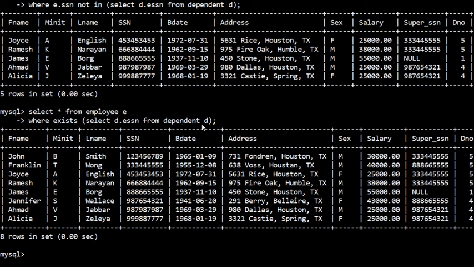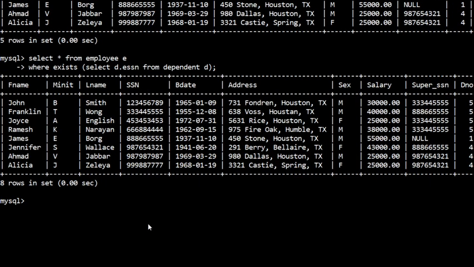So this function will return true for all 8 tuples, because we are just selecting the employee SSN from dependent D, right? From the dependent table I'm just selecting the employee SSN. So every time I'm just fetching the information, I am not checking any condition. Simply I am fetching employee SSN. So it will be true always. That's why all 8 rows get displayed.